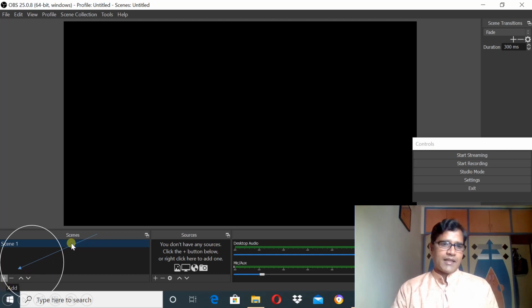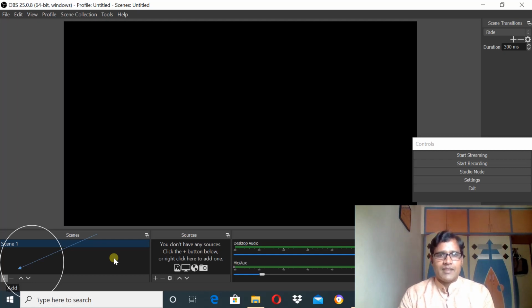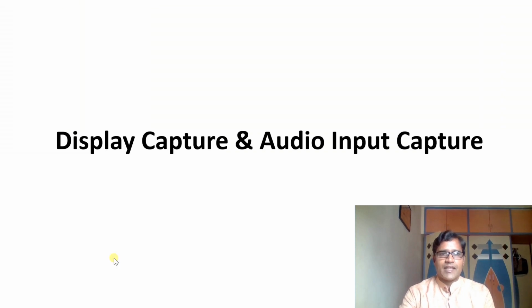See the circle and the arrow, it's a scene. So scene 1. Now we need to make a setting, first what we want to add in the screen recording. As shown in the previous slide, now I want to capture the display and just input the audio. So I want in my screen recording just the display and the audio.